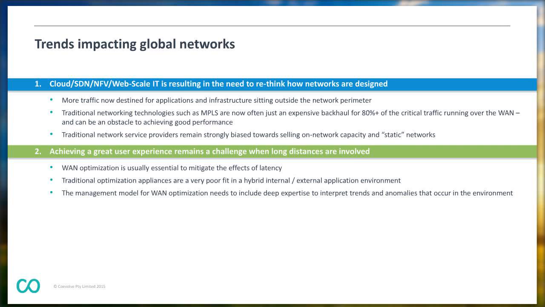Second trend, and this is one that we see very regularly because of the type of businesses we're working with, but it is almost impossible to get a great user experience by accident if you've got long distances involved between the applications and the users. You really need to carefully focus and manage that environment to get the right outcomes and put the right technology and framework in place to get the best performance out of that type of scenario. So the traditional answer there has always been WAN optimization as a layer that you can drop in to improve that performance. And we'll talk today about some of the challenges around that type of technology in today's application environment.